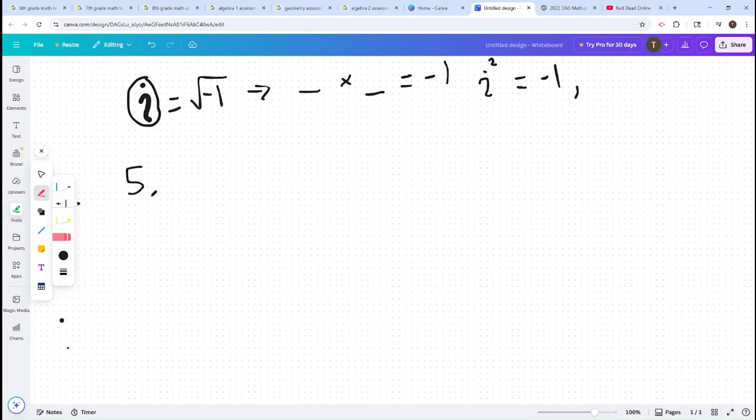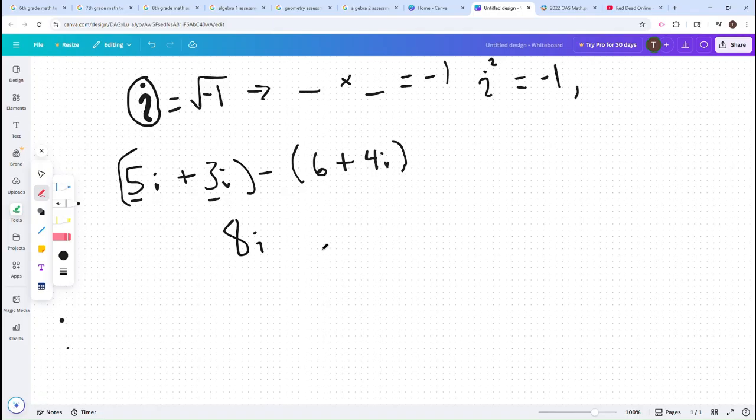So if we have like 5i plus 3i minus 6 plus 4i. Okay, what do we do here? Well, if we have the same variable, in this case the letter i, then we just add and subtract the coefficient. The coefficient is simply the number in front of the i. So in this case we have 5 plus 3, which is 8i,